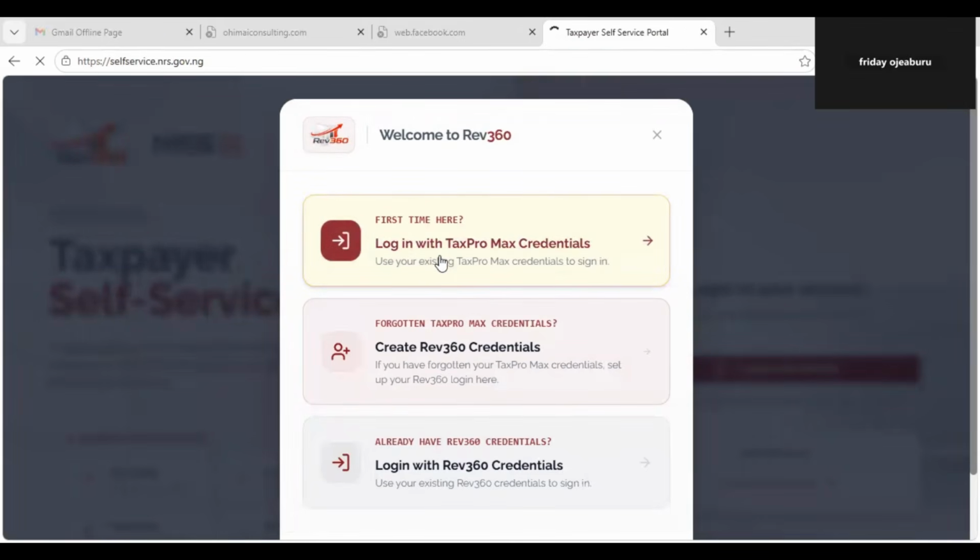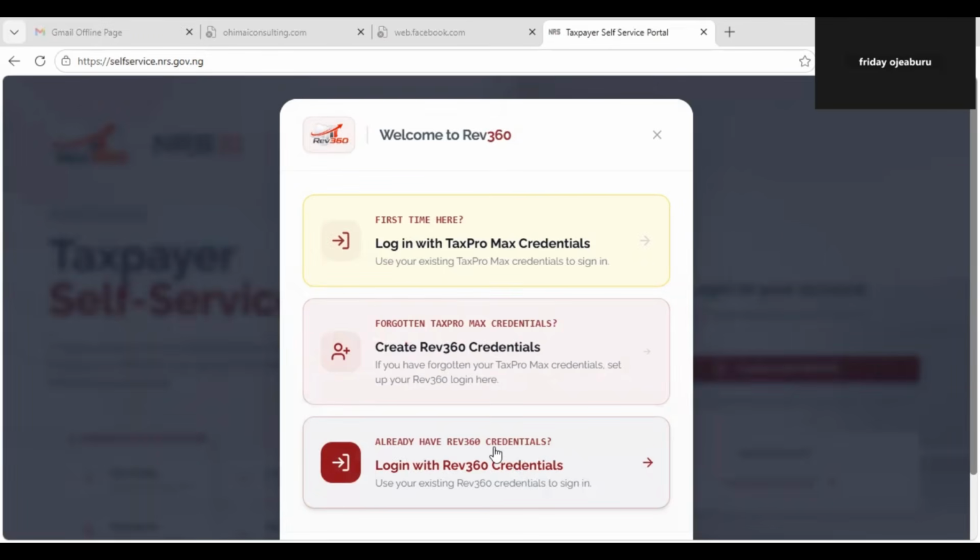The first is to log in with your TaxPromax credentials. If you have not activated this, you use this. If you have forgotten your TaxPromax credentials, you use this one to retrieve your information, or set up your REV360 login here. Now, if you already have REV360 credentials,